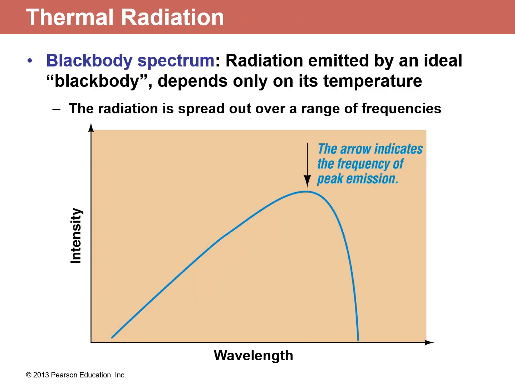In general, what I want to show you is this chart here, which gives us what is called the black body spectrum. A black body in physics is a body that's an ideal radiator of electromagnetic waves. That is, it can emit electromagnetic waves and absorb electromagnetic waves. That's what a black body is. So a black body spectrum is a measure of how much radiation comes out of a material based on its temperature.